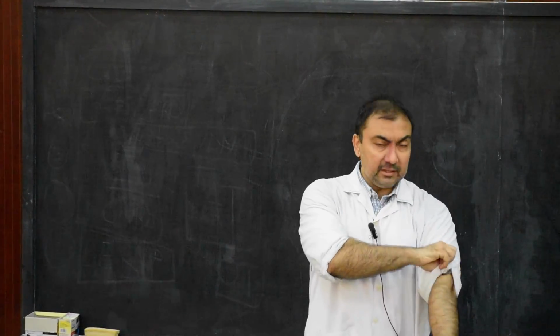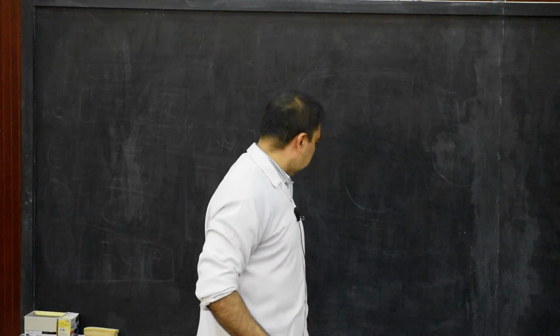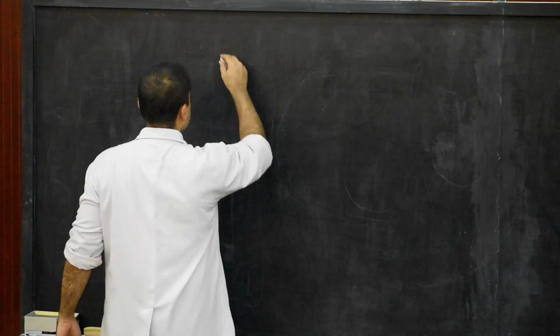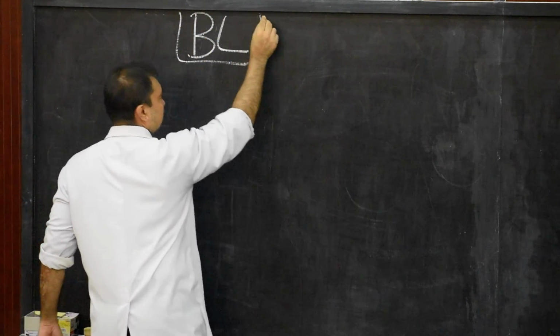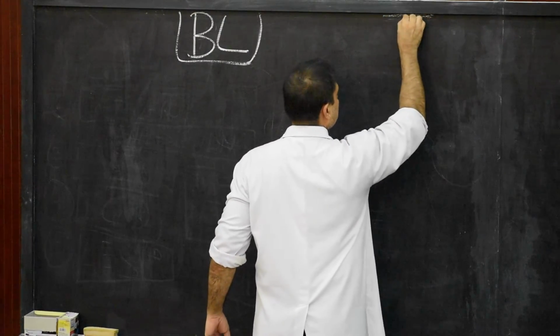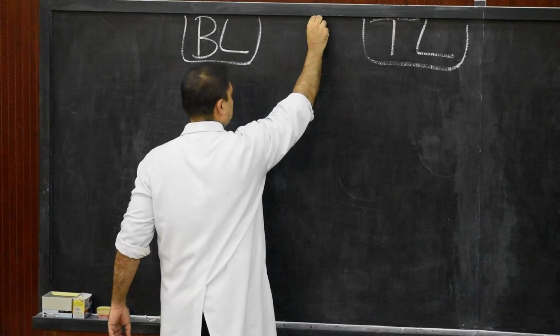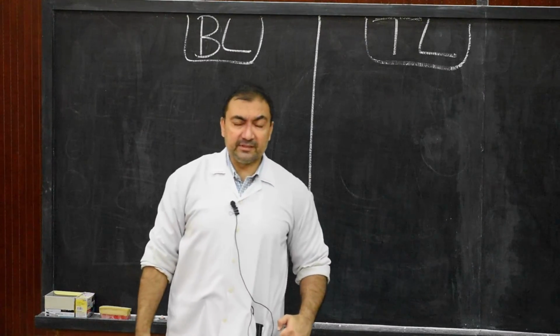Students, here we start with the general anatomy of the remaining part of the lymphoid tissue. Now in the remaining part of the lymphatic system, we have a very important discussion of B and T lymphocytes. So on one side, this will be our B lymphocytes, on the other side there will be the T lymphocytes, and we draw a perpendicular column and try to understand the different points.